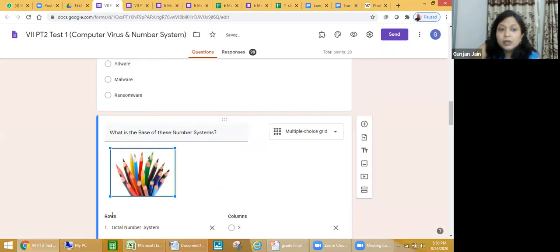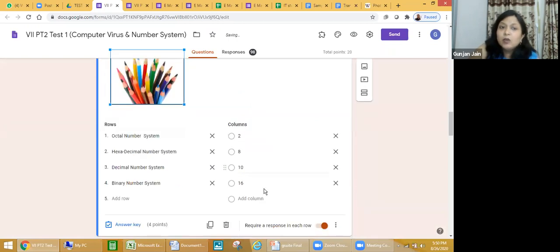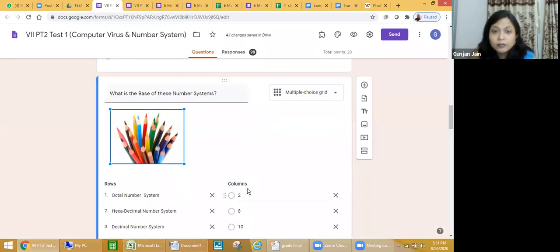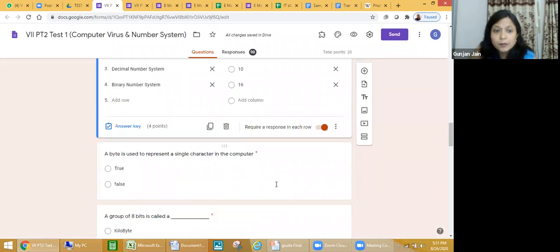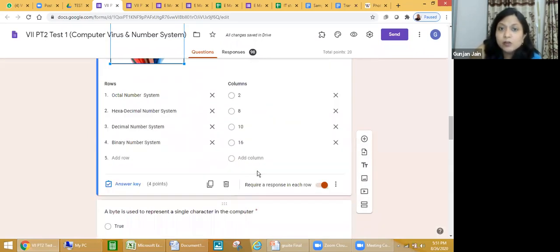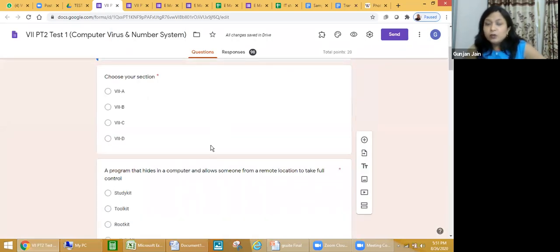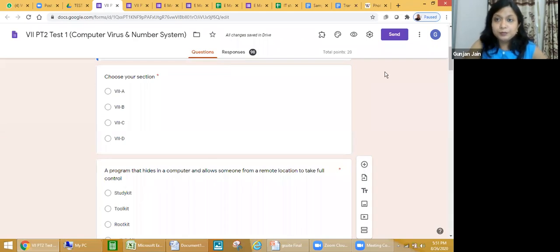Then you can also click on this picture and resize it. So this is useful whenever you want any picture clue to be given along with the question. So I think I have covered all types of questions and I have also told you how you can assign marks to it. Please let me know if you have any queries.